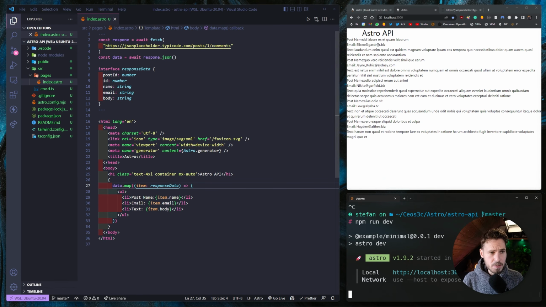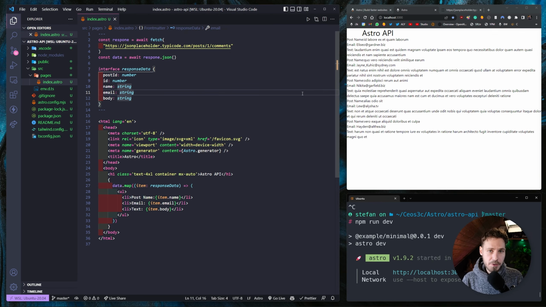Now this is the simplest way on how to fetch data, but what if you actually want to create your own API inside of Astro? And that's what we are going to look at next. Creating API endpoints in Astro is really easy because the routing is done automatically, and Astro will automatically recognize that you want to create something that holds API data, or JSON data more precisely,